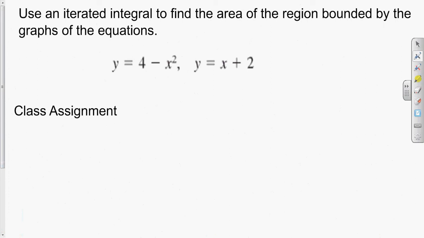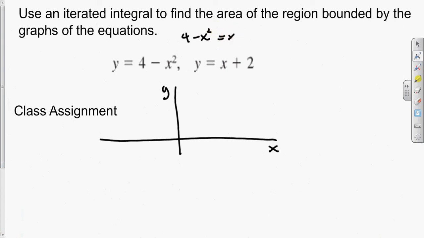So if we look at the graphs, well, let's see. This is 4 minus x squared is equal to x plus 2. Look for the points of intersection. So this implies that if I get everything on the right side, 0 is equal to